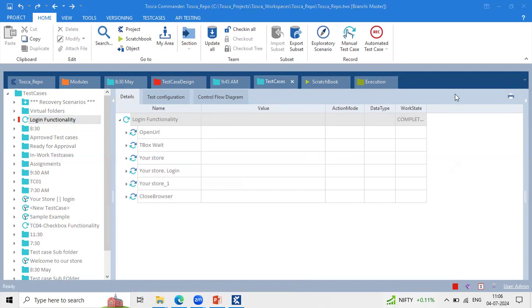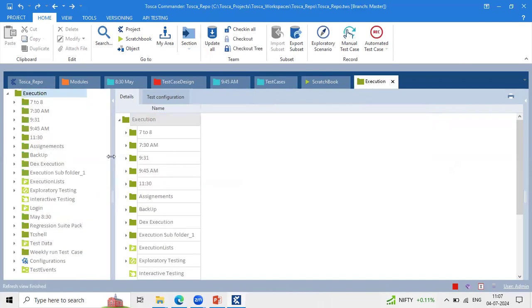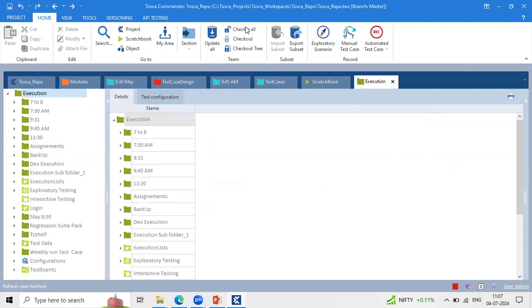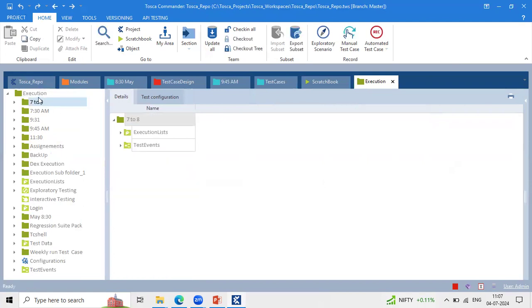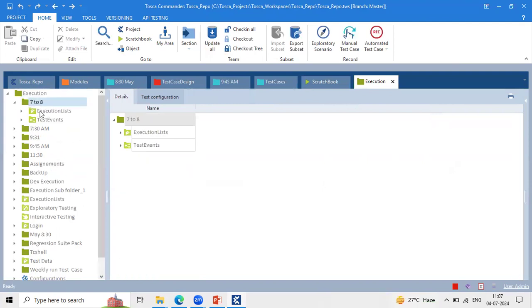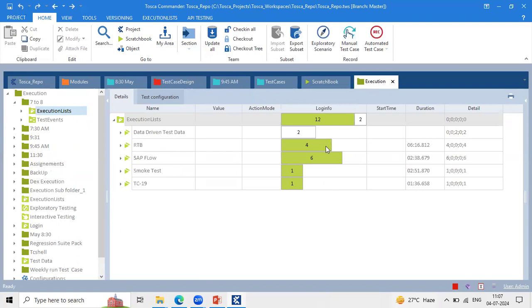So how about the test results? Are they using anything like TestNG or JUnit? I think those things are not required. Don't compare Tosca with other automation tools; just try to learn these things separately. Tricentis Tosca has an inbuilt feature as an execution phase. When you are doing any kind of execution, you are able to see the entire execution result here itself. Are you able to see in total how many test cases have passed and how many test cases are executed? Yes. Can these be exported? Yes, we can export this report as well.